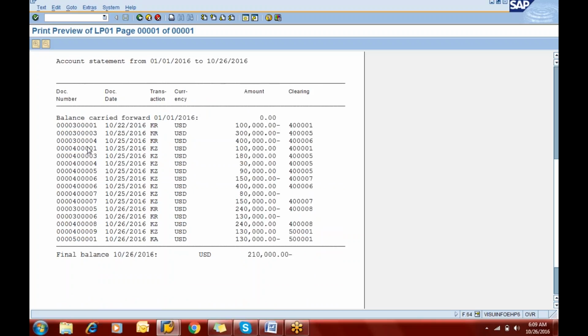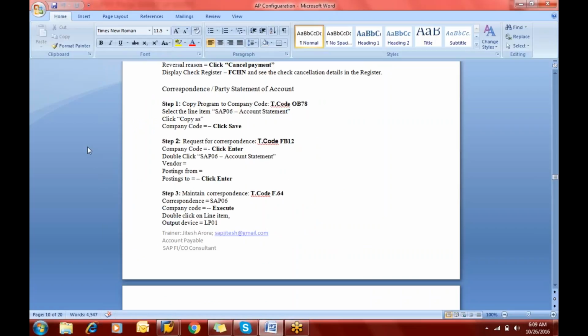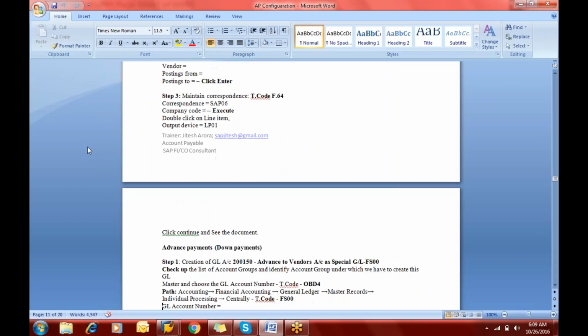So this liability is 2,10,000. So this is how we can just print the statement for our vendor. Likewise, you can also do it for your customer. We have just mentioned the account number for our vendor, you can just mention the account number of your customer. So the system will just print